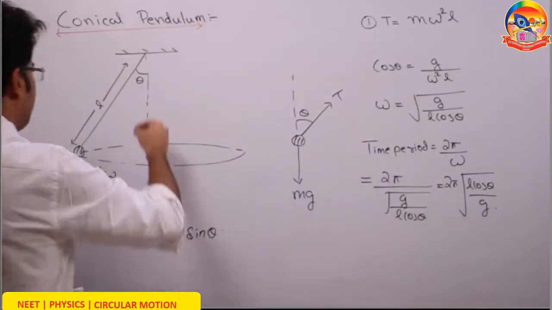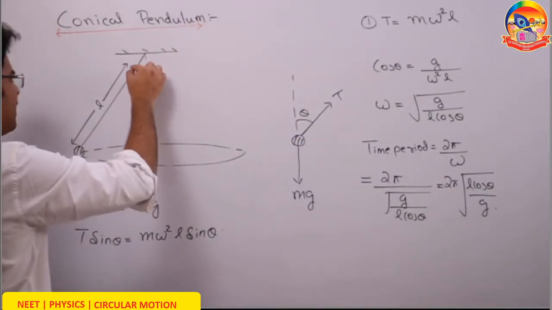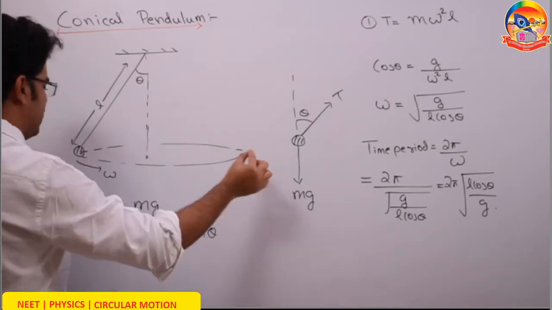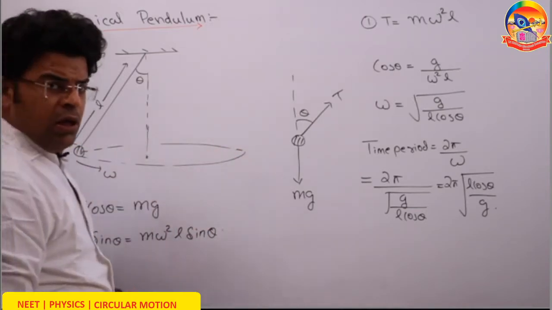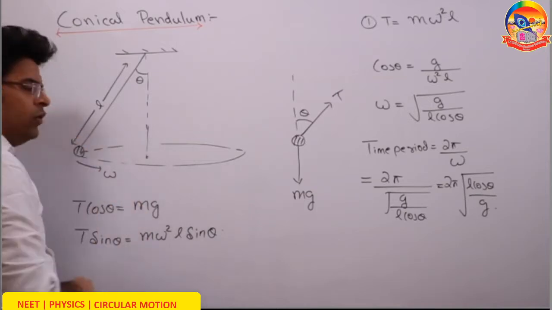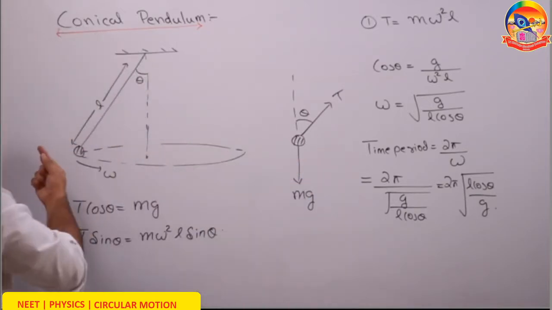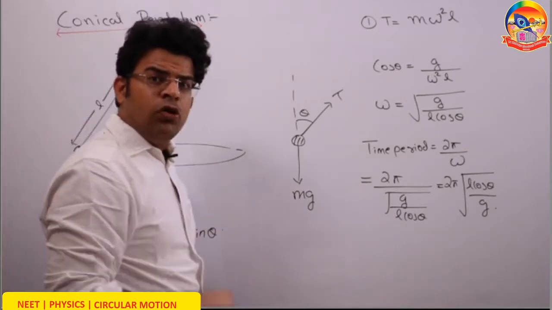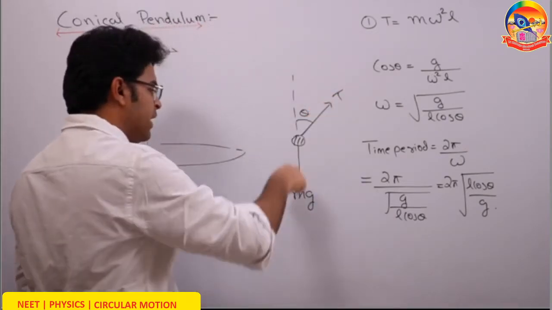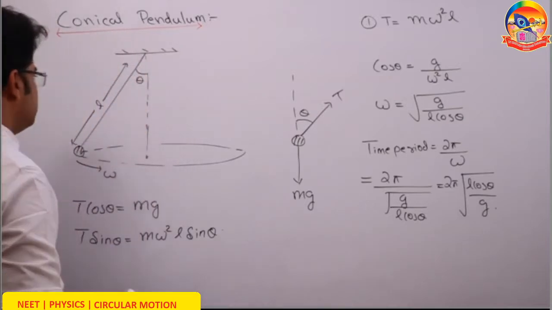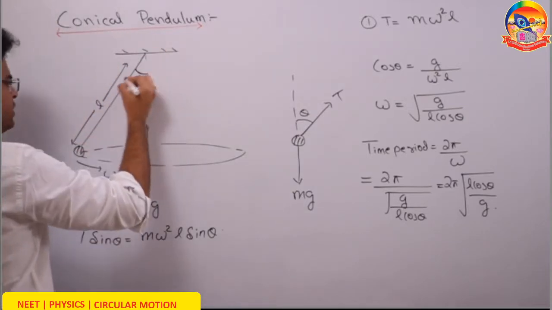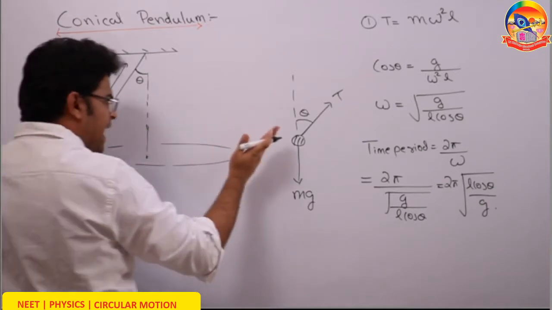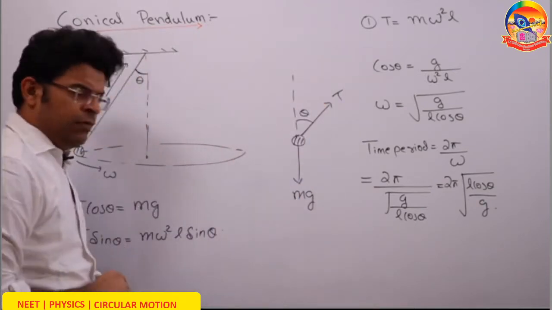So we will talk about how the conical pendulum moves and its structure. Here we have a string of length L inclined with the vertical at some angle theta, and the bob moves in a horizontal circle with an angular velocity omega. Which forces are acting on the bob right now? At this instant, when the bob is on the left end, there are two forces acting on the bob. One, the force of tension, another, the force of gravity. Since the angle made by this string with the vertical is theta, the force of tension acts at some angle theta with the vertical.